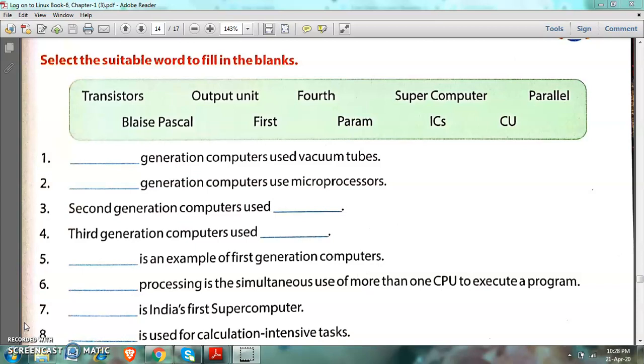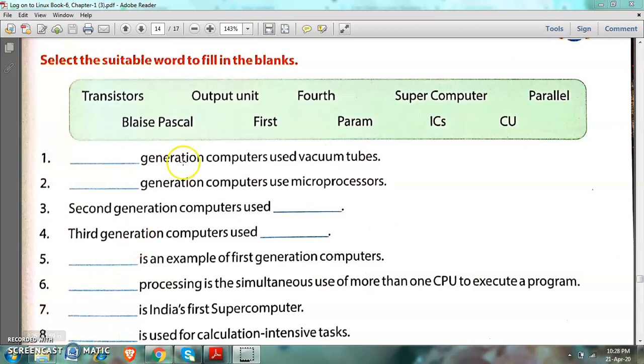So children, this is the time to start the exercise. Two parts we have already done. Now this is the time to do the fill in the blanks. So everybody is to concentrate. Children, one correction is there first of all in the help box. So we will do the correction first.